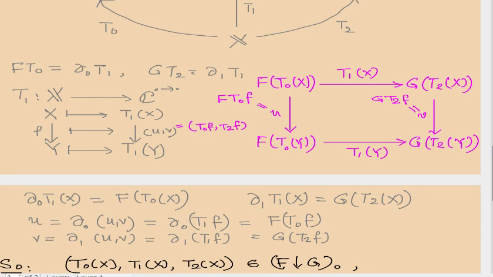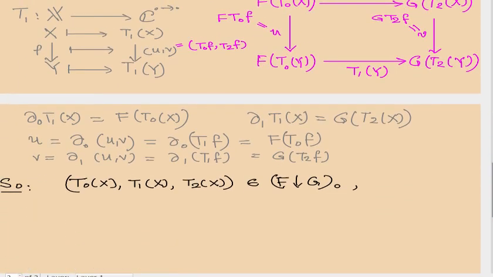So T0f is a morphism of A and T2f is a morphism of B, so this is also wrong. Yes, I was a little bit fast. So this is f T0f and g T2f. So what I was trying to say is